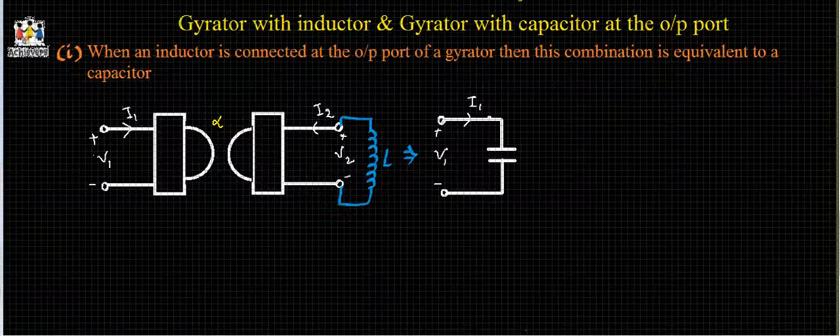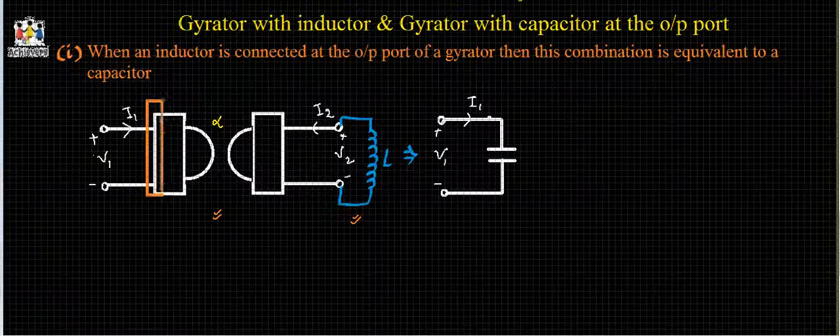In this video, we will discuss two special properties of a gyrator. First property is when an inductor is connected at the output port of a gyrator, then this combination is equivalent to a capacitor. See, in this circuit, we have a gyrator and we have connected an inductor at its output port. According to the property of gyrator,